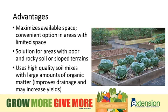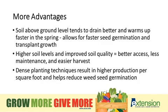drainage problem and create some raised beds and make it an attractive part of our landscape, being able to use it all while preventing that erosion problem. It uses high quality soil mixes with large amounts of organic matter, something lacking in our normal soils, and may increase yields. Some other advantages: soil above ground tends to drain better and warms up faster in the spring, and